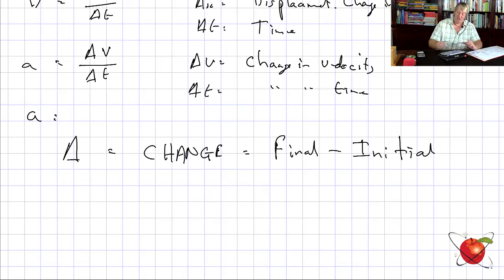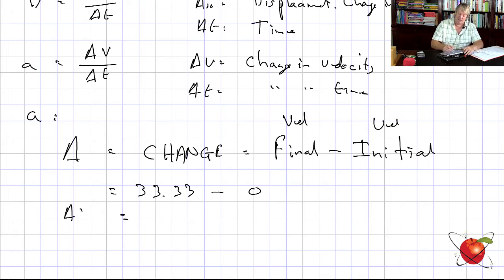Okay? So in this case, the final velocity is 33.33 minus the initial velocity. Could be velocity, could be position, could be temperature. Change, you take the final minus the initial. Energy states, which we'll be getting to in grade 11 and 12, a little bit here as well. So delta V is going to be